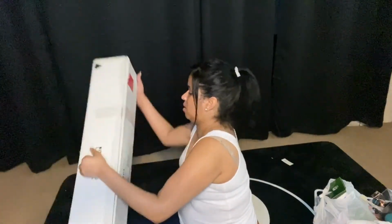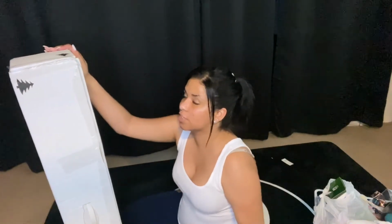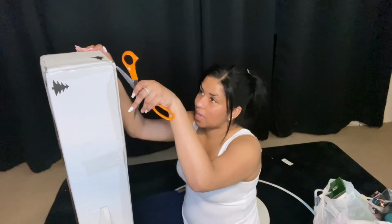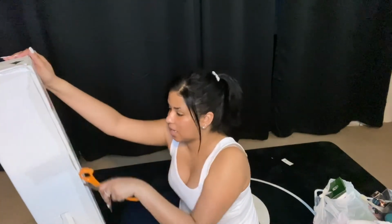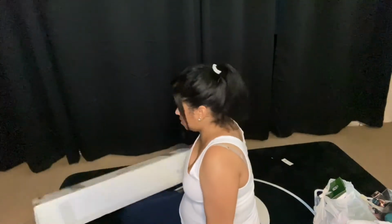As I'm opening this tree, just a real quick tip. If you are trying to get some holiday stuff for cheap, I'm pretty sure everybody knows this, but if you didn't know, get it the day after Christmas, because everything is super cheap. As I'm going through all of the products,